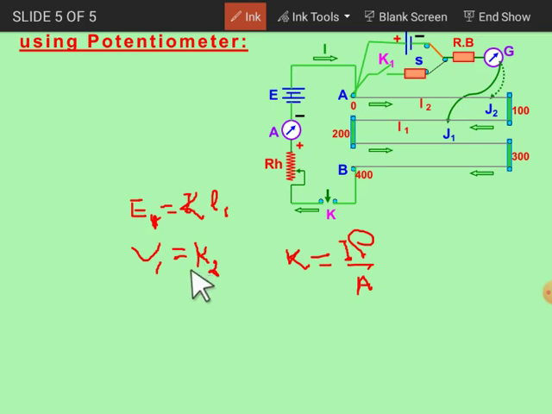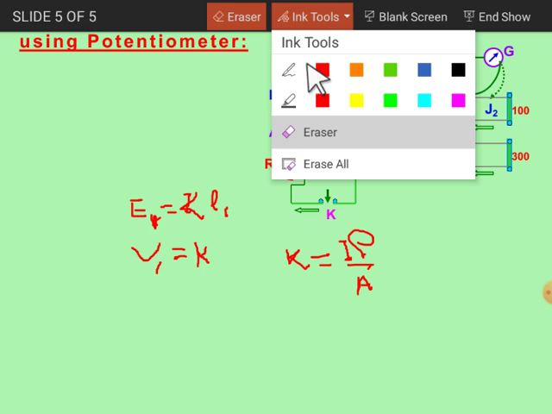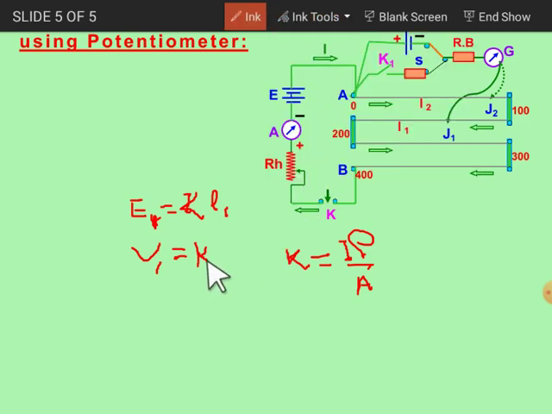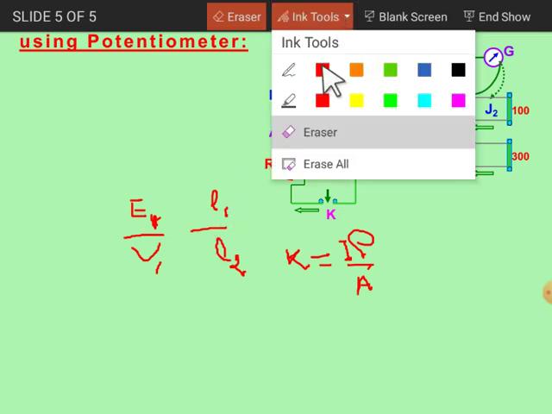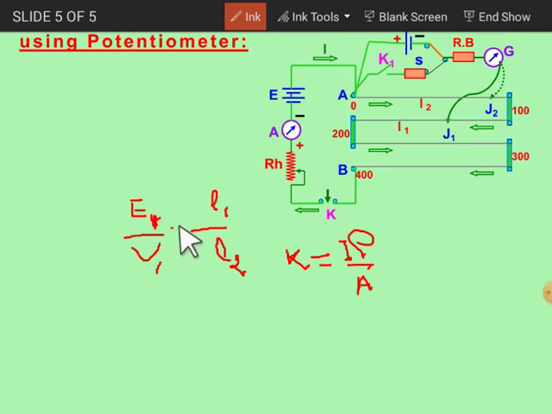which will again be K. No need of K2, it will be K only, because this is a constant as long as you are not changing the potentiometer. So you will have this as K times the balancing length, let's denote it by L2. So if you try to find E1 by V1, then after cancelling K also, you will get E1 by V1 equal to